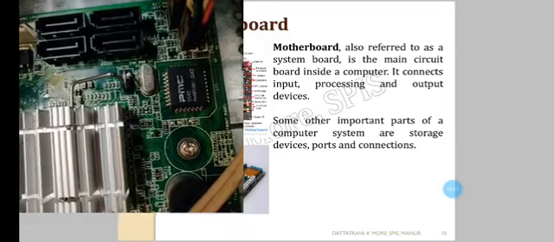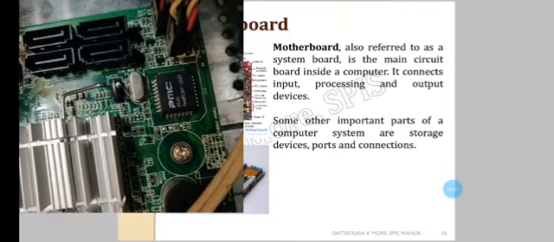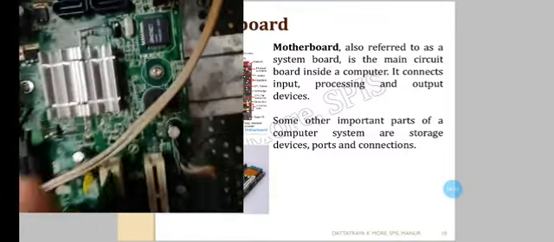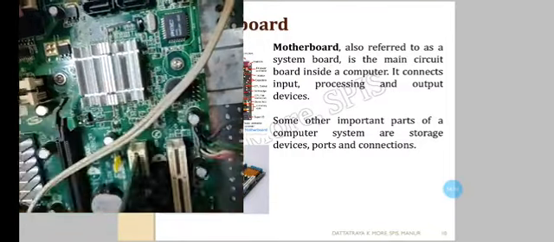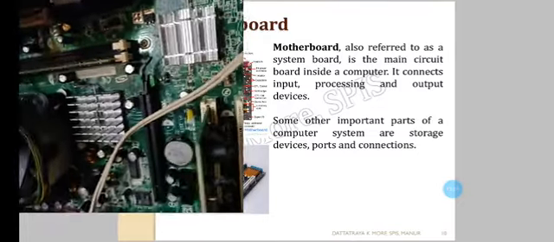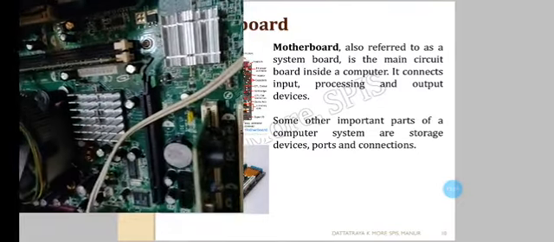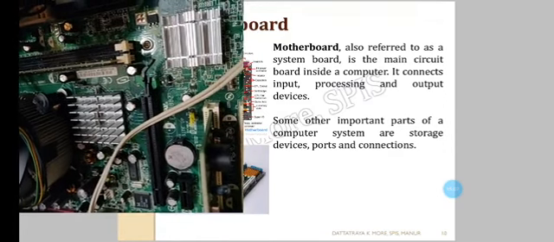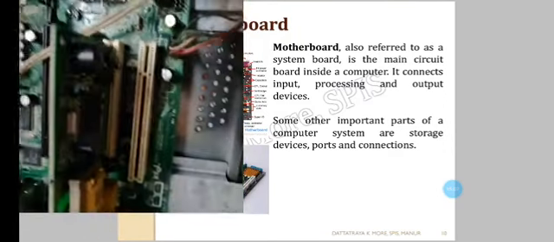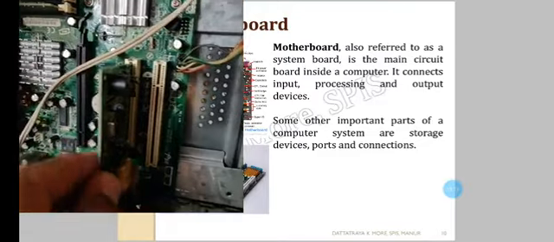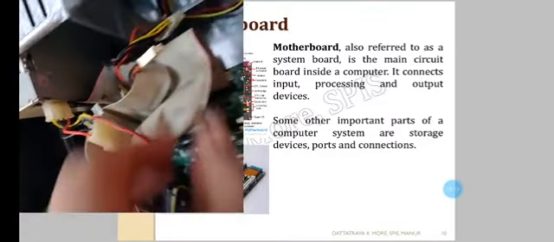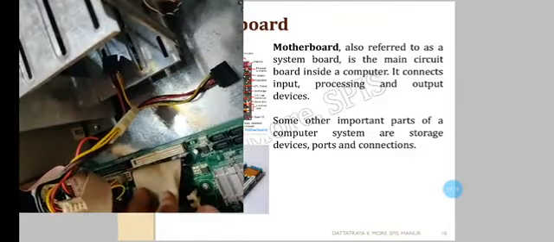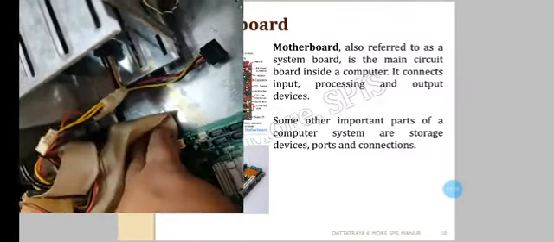This is called ROM, which is fixed on the motherboard when the motherboard is manufactured. Then again you can see the building-like structures. These are called heat sinks, which avoid generating more heat on the motherboard and avoid burning the motherboard. Different cards are available over here. Then here you can see this plate-like wire. This is called the serial cable, the data cable.